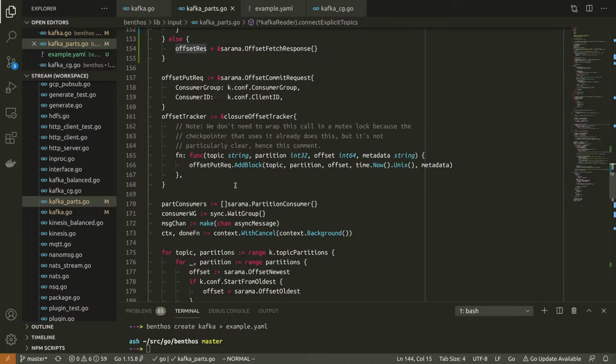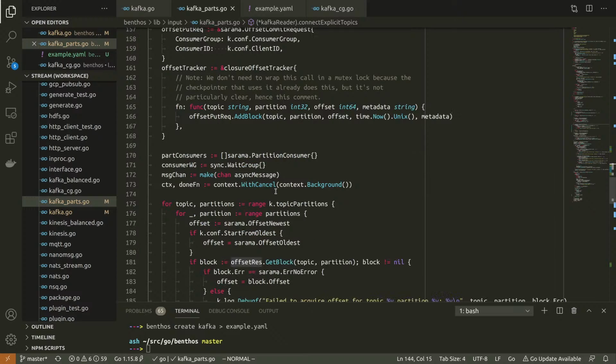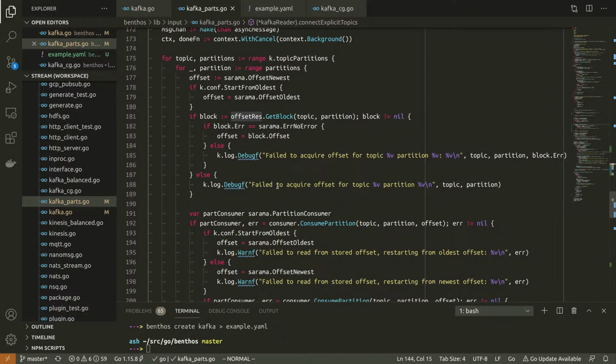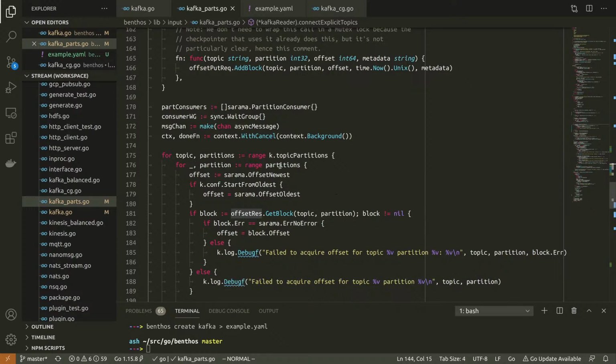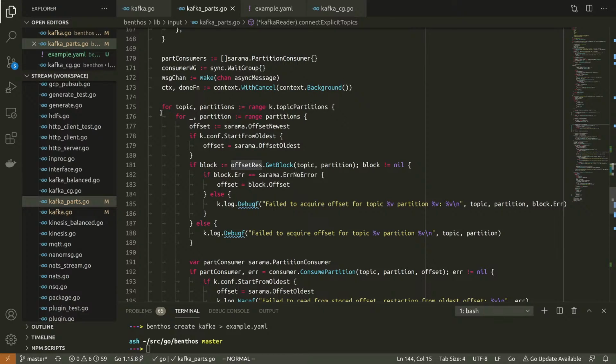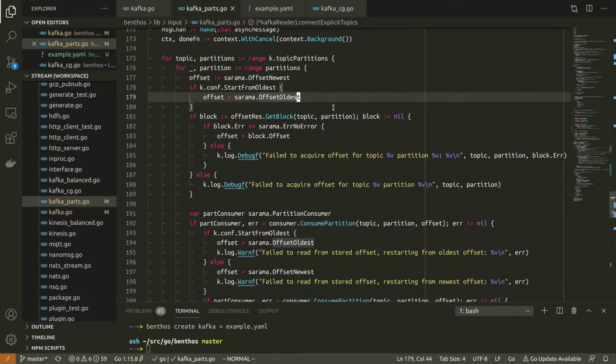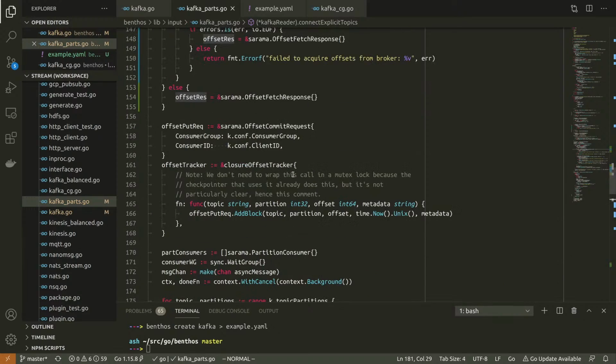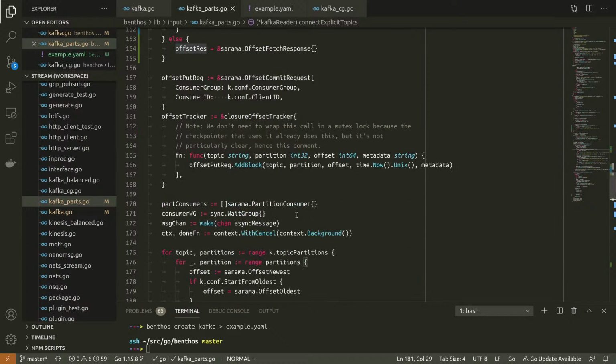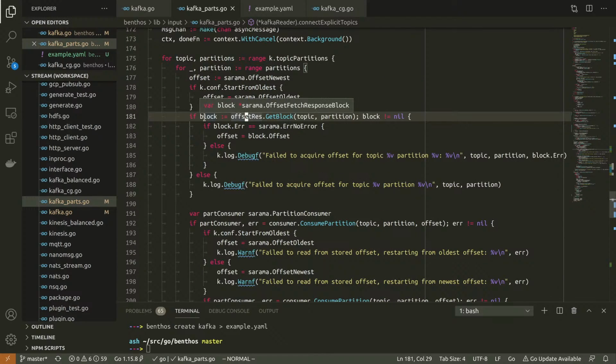I'm just going to ignore the bit where we're actually storing the offsets. Looking at my comments. Right, so for every topic and every partition of that topic, this is where we actually get the offset, if there is one. So if I've just left this as an empty object because our coordinator doesn't exist, then it will just work.